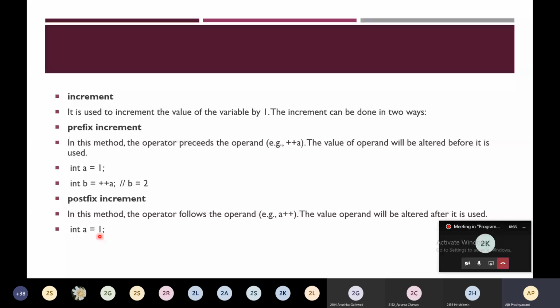And if you write integer b is equal to a plus plus, then what will happen over here? The value of a will be assigned to b, and then the value of a will be incremented. So b will contain the value 1. Similarly, if you assign the a variable to c, the value of a is incremented over here, so c will contain the value 2.